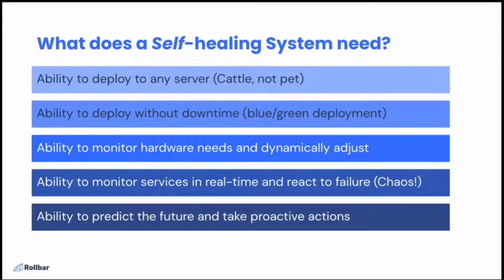Finally, I say that you need the ability to what I call predict the future and take proactive actions. This kind of relates back to monitoring hardware needs or traffic needs on your system. For instance, if you've got historical data that shows that every Monday morning at 9 o'clock Eastern time, your system starts building up to a peak at some time later in the middle of the afternoon, you need to be able to adjust your hardware needs or maybe your traffic bandwidth needs and whatever. You need to be able to adjust those things and take proactive action to head off any problems that may occur because of excessive traffic that starts occurring at specific times of the week or times of the day.